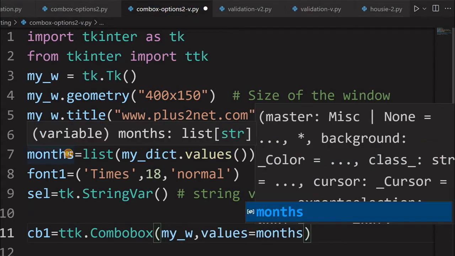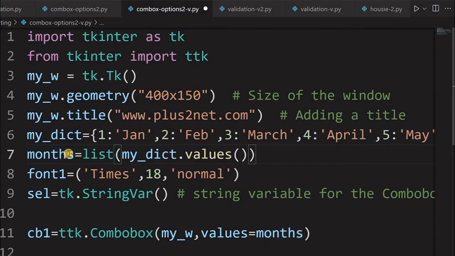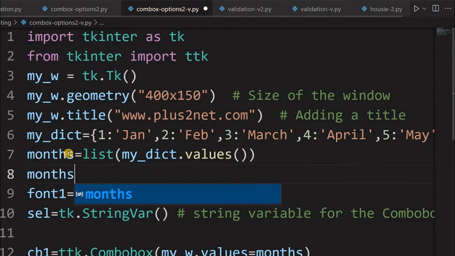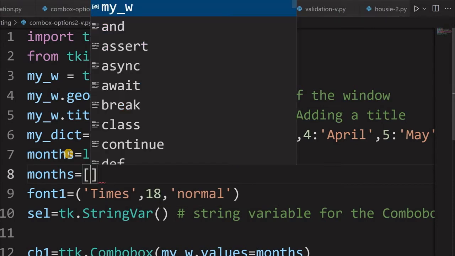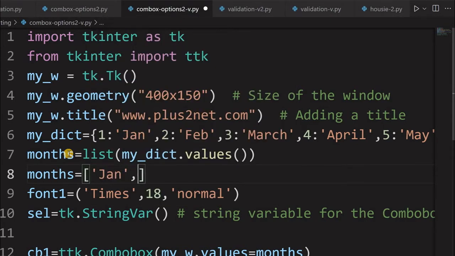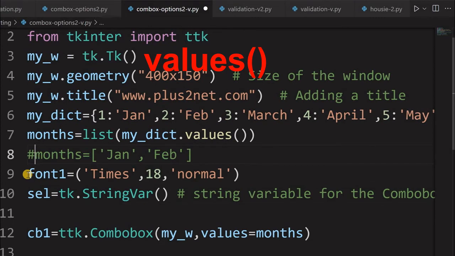It is here. See, in the earlier examples, directly we have taken months equal to a list. We have taken a list like this, Jan, then Feb, like this, continue. And you can do that. So instead of that, because we need the numeric part, so we have used at line number 6 a dictionary, taken out the months. So this line I am commenting. If you see our previous script, we have started from here, declaring that one. And note that this values we have connected to the list here. So values are taken from here.